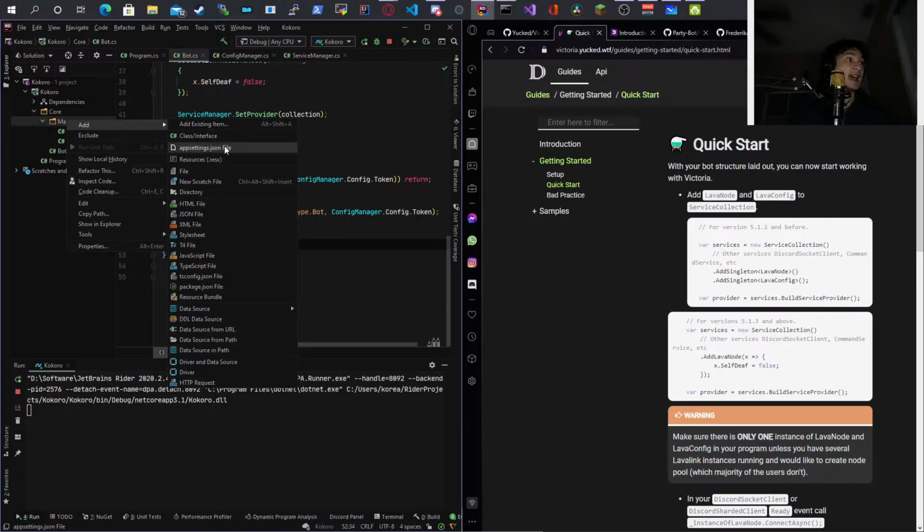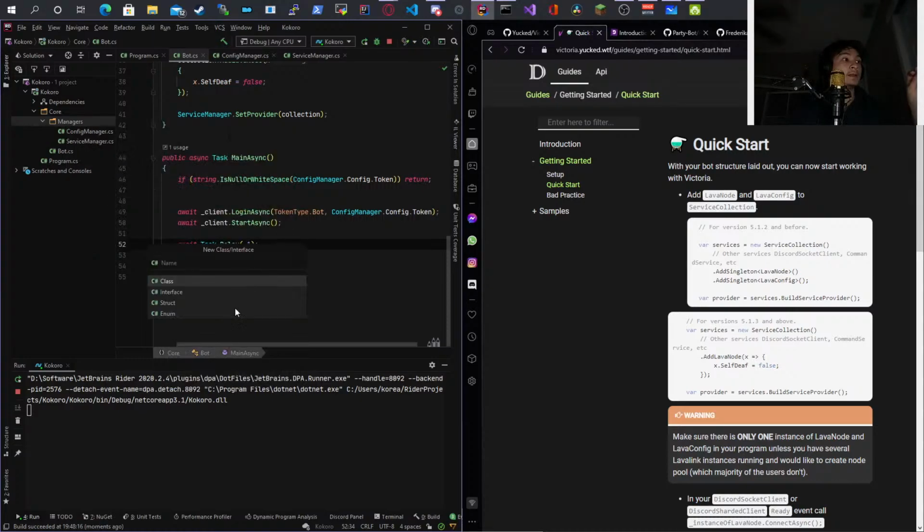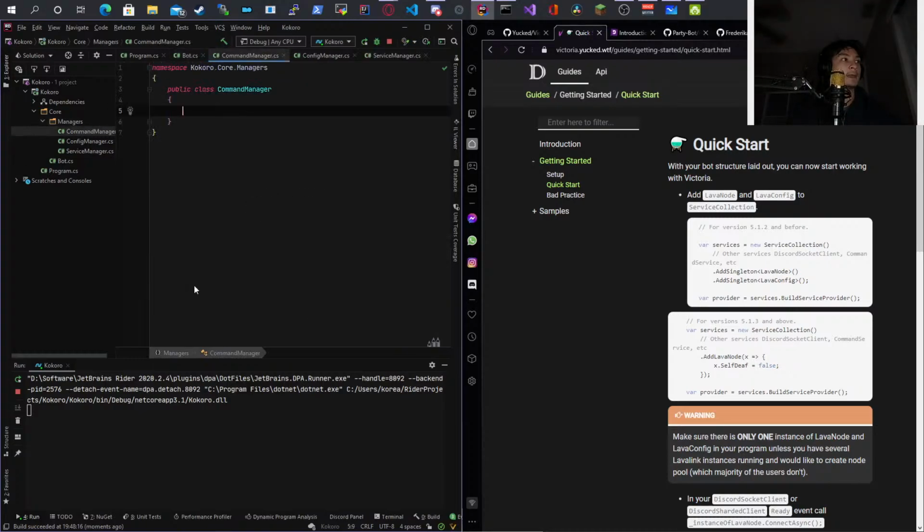Now I need to add the events, command handler, and then I have to do the audio manager. So I'm going to first do the command manager because that's like the easiest one to do. It's also going to be static. Most of the managers are going to be static because it's just easier doing it that way.